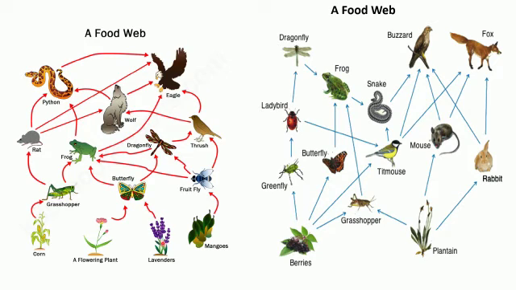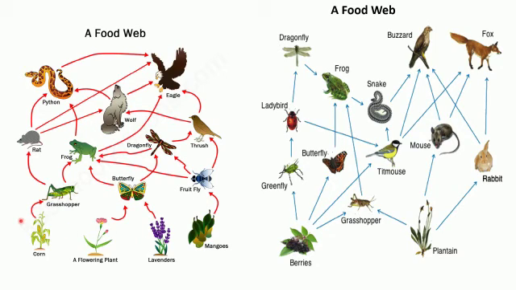You have one more, a producer eaten up by a butterfly, the butterfly in turn eaten up by a dragonfly, the dragonfly in turn eaten up by a frog, and this is again continued this way. But a dragonfly can be even eaten up by a bird, and a bird in turn eaten up by a wolf, the wolf eaten up by the apex level eagle. So here we find that there are so many individual food chains which are operating, and that is because at every level we have a number of animals.